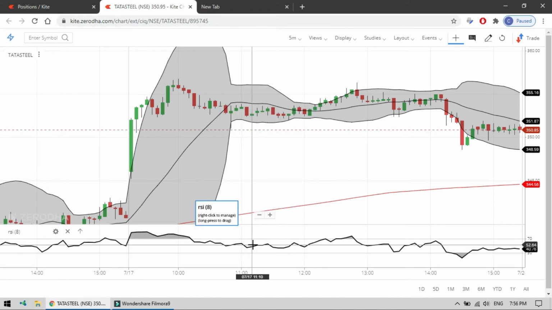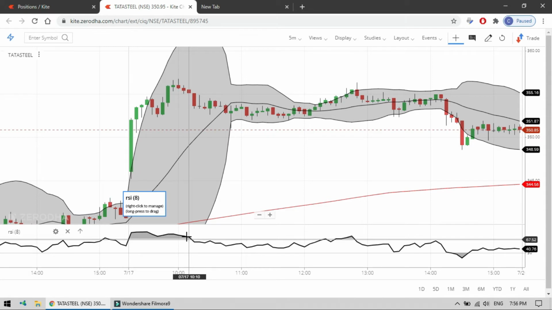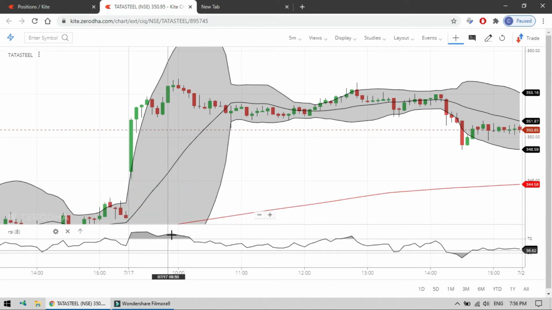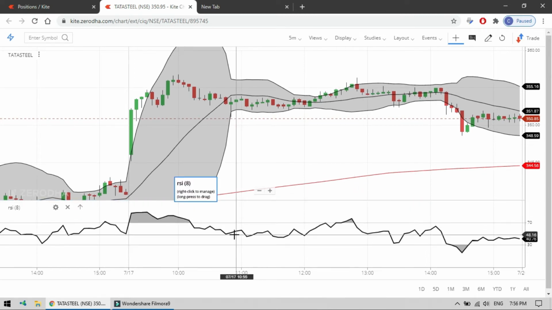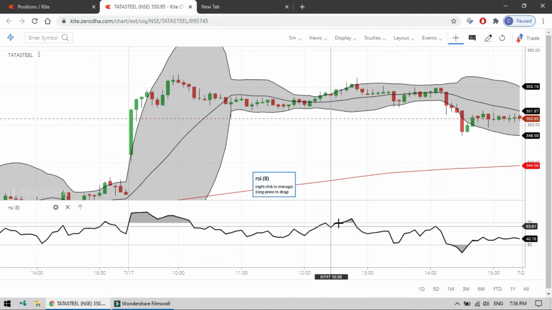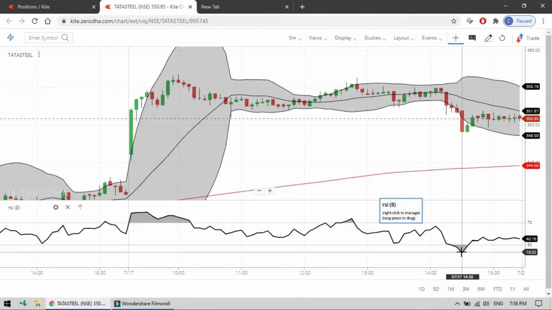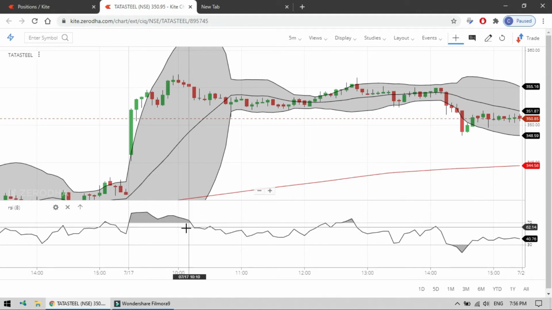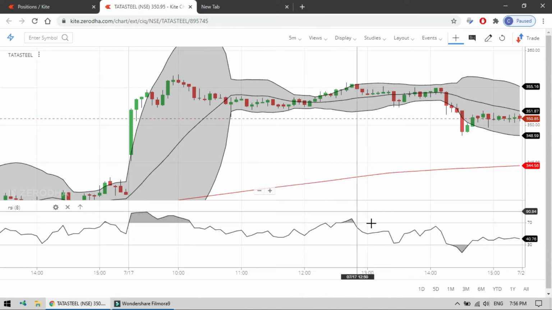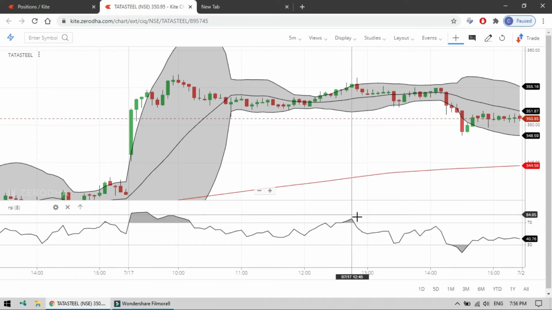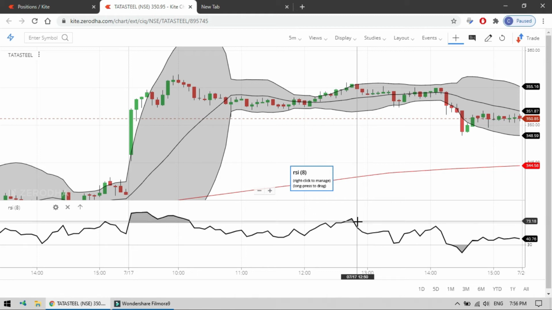Done. Here we go. As you can see, here is the customized RSI chart. The points where the levels are crossed, this point, this point, and these points, are overbought and oversold scenarios. This is the overbought level and this is the oversold level. So when it crosses again, you are required to take a sell position. Yes, you heard it right. You are required to take a sell position.